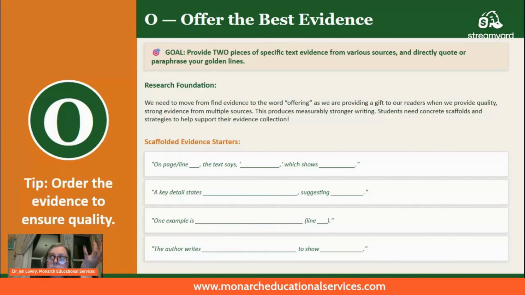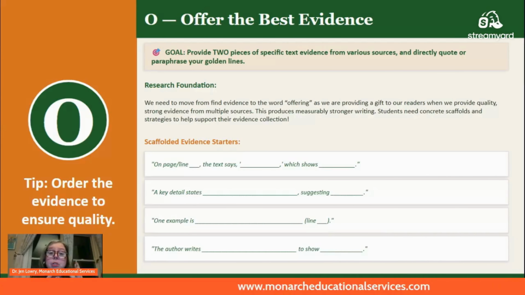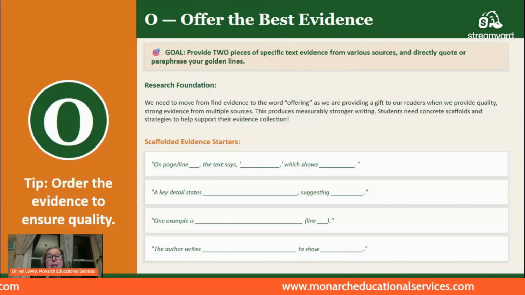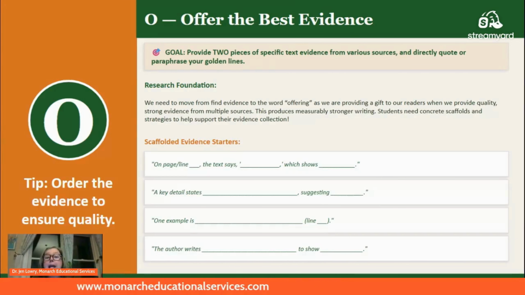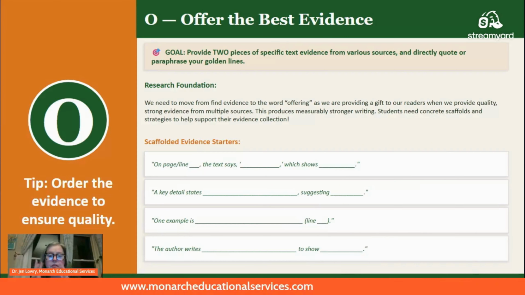You could, but would it make your argument even stronger if you had two, from various sources, either saying very similar things or building off of the other or taking it to the next level? So when you're thinking about how to set up your offering of your best evidence, that means you're offering two presents to your reader. And you find your golden lines in your evidence, in your articles, blogs, websites or videos, whatever it is that you're citing.